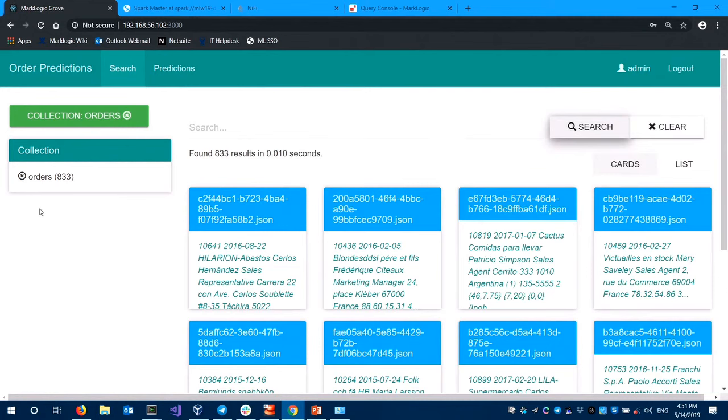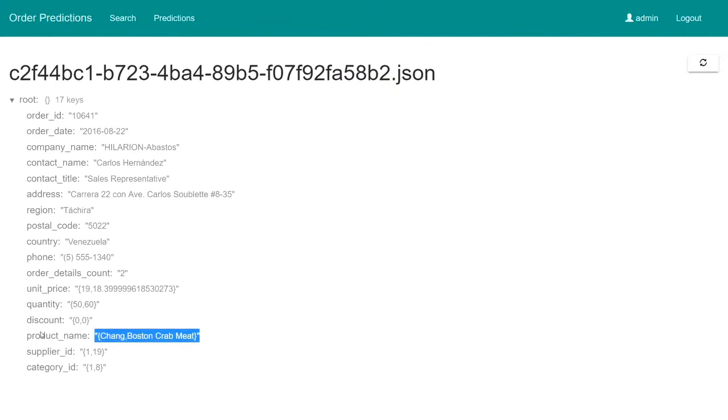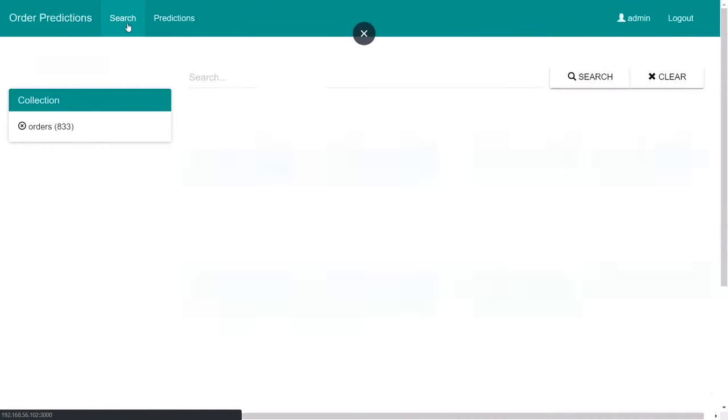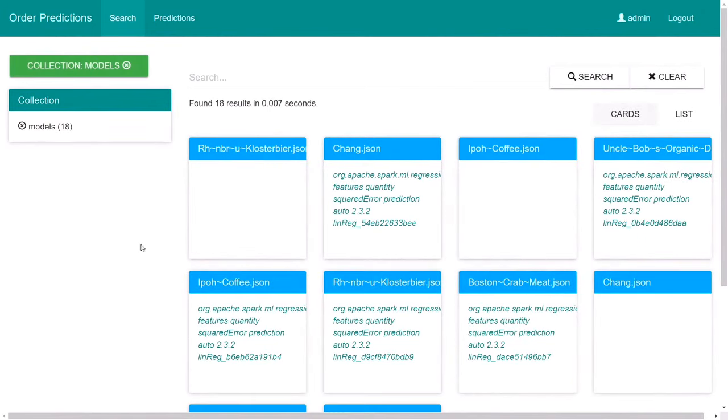Okay. So what I've done is I have loaded some order documents into MarkLogic. Let us see what each document looks like. Each document has a set of products and their associated quantities. What I have also done is I have loaded trained machine learning models of each of these products into MarkLogic as well. With these two things, I am going to predict how much quantity of each product is required for